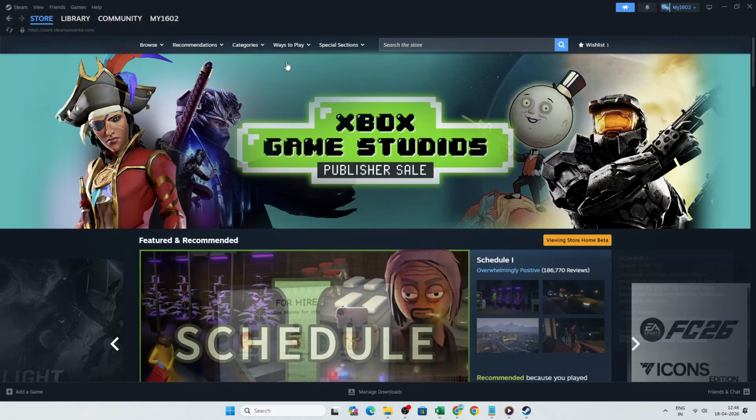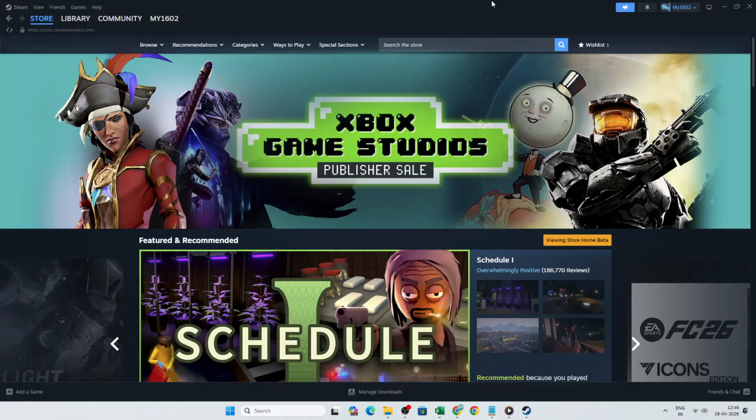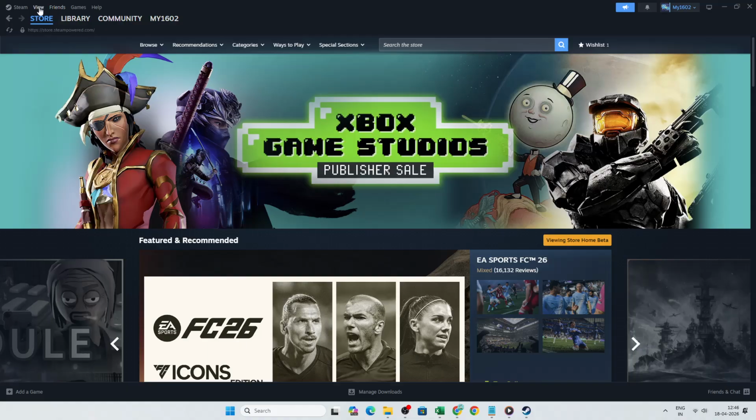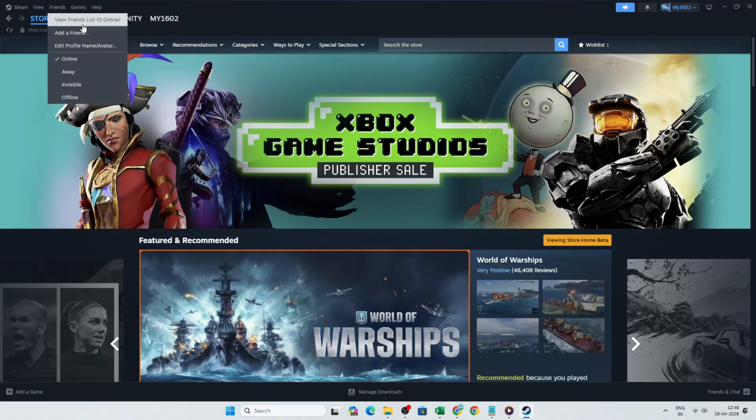Start by opening the Steam desktop app. At the top of the window, look for the Friends menu in the main menu bar. Click that to open your Friends options. This is where Steam keeps all of your social tools in one place, so you don't have to dig through